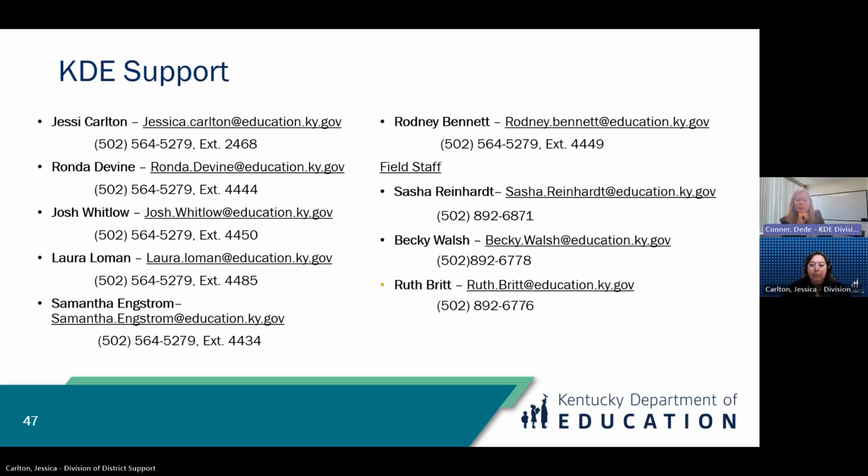So, T codes question. Beth asks, are T codes based on the distance from the school to the student's drop-off location, or the distance the student physically rides the bus? Okay, it is the distance the student physically rides the bus, because we've had that question before. Your school may be here and the house may be here, but you may have to go this way to get to the house. It's a mile if they're on the bus for a mile.